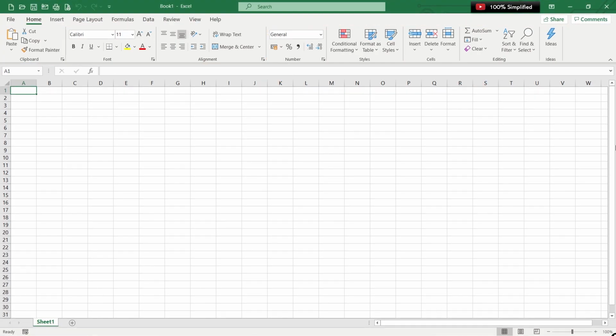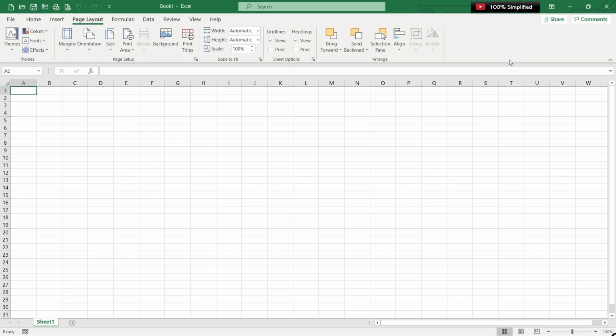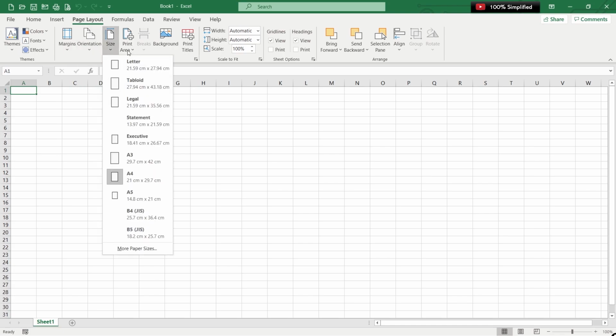Now, one more thing that needs to be highlighted in this second part is that as soon as you click on the tabs, you get various new ribbons coming out. Inside each of these ribbons, let's consider page layout as a tab, and we have this ribbon which has come out. Inside that ribbon, we have a group called page setup. There are various functions in each of these groups. You can click on any of these functions to get the desired outcome. Don't worry about what these functions are all about. We will cover that as well in our subsequent videos. For now, just understand that these are various functions available in Excel.